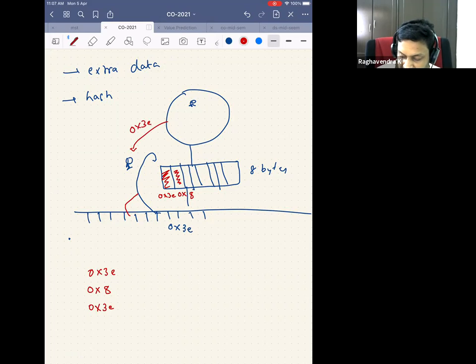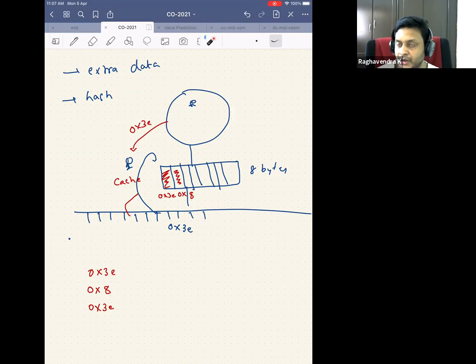Now, how does it search in the cache for 0x3? That's the question that we have to answer. You have kept 0x3 in the cache, but you don't know whether 0x3 is here or here or here or here. You don't know because this is just data, right? This is just 1 byte of data, which means that this is just 8 bits of data that you have stored here. But you don't know that this particular 8 bits belongs to 0x3.